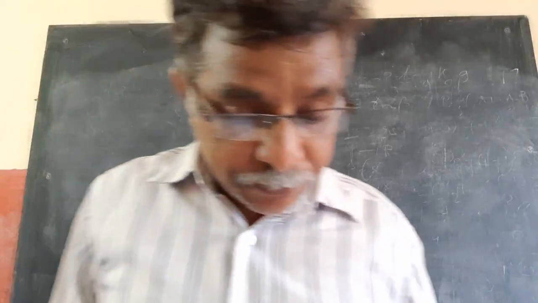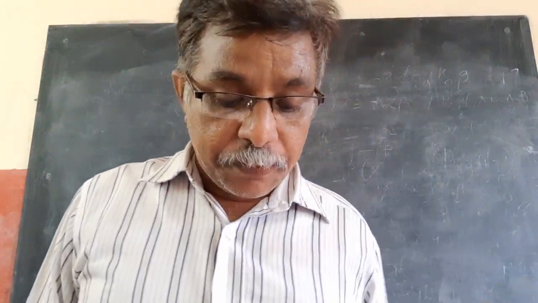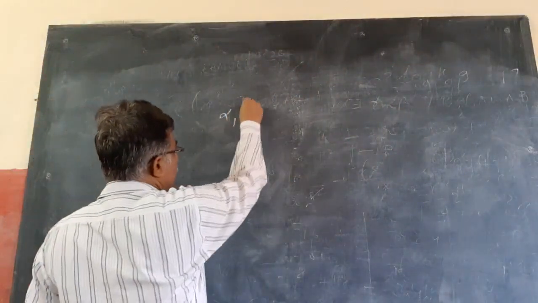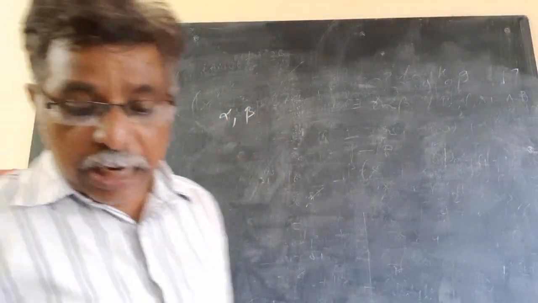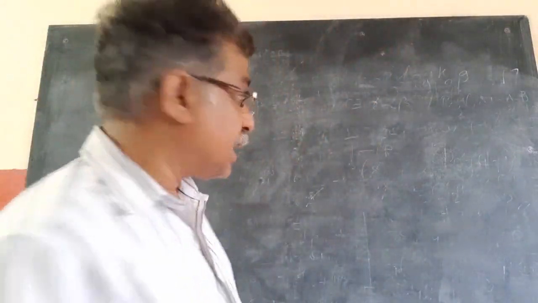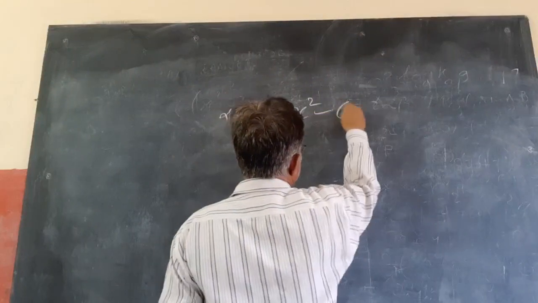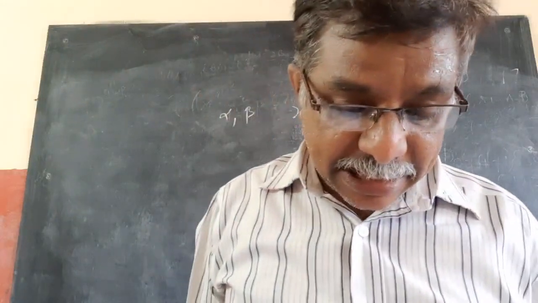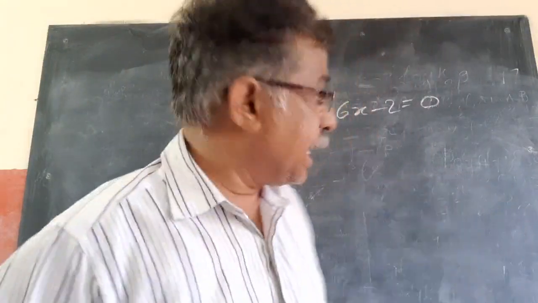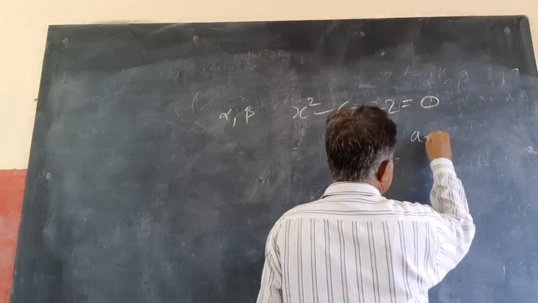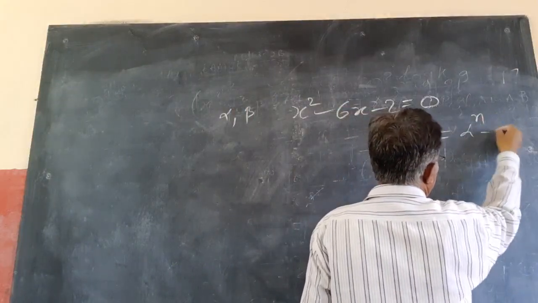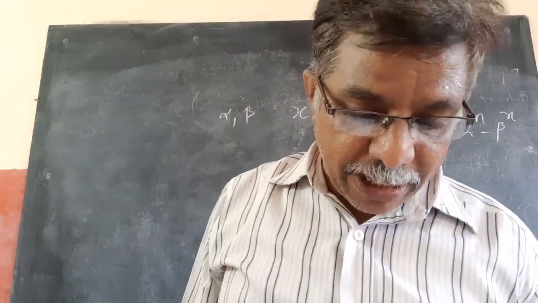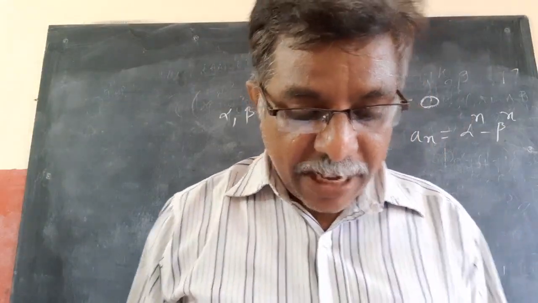Coming to 2015, they mixed up both. If alpha, beta are the roots of the equation x square minus 6x minus 2 equal to 0, and if a_n equal to alpha power n minus beta power n, then the value of